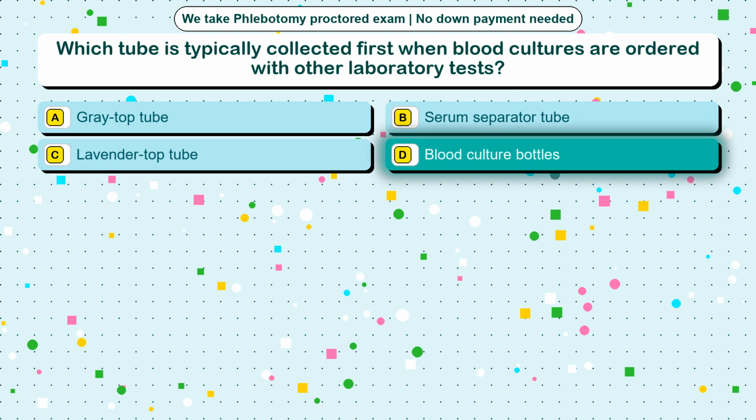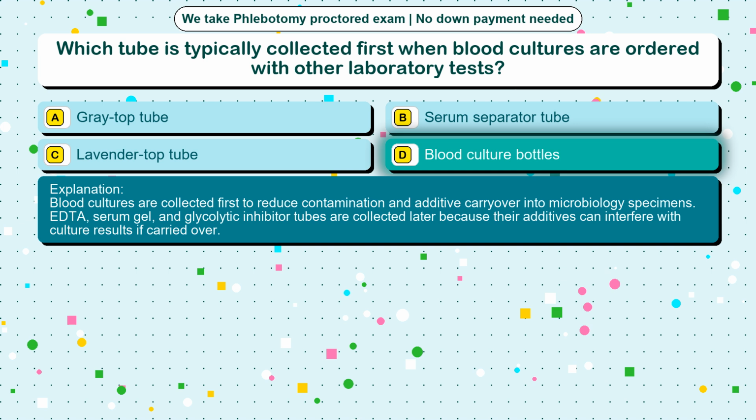The correct answer is option D, blood culture bottles. Blood cultures are collected first to reduce contamination and additive carryover into microbiology specimens. EDTA, serum gel, and glycolytic inhibitor tubes are collected later because their additives can interfere with culture results if carried